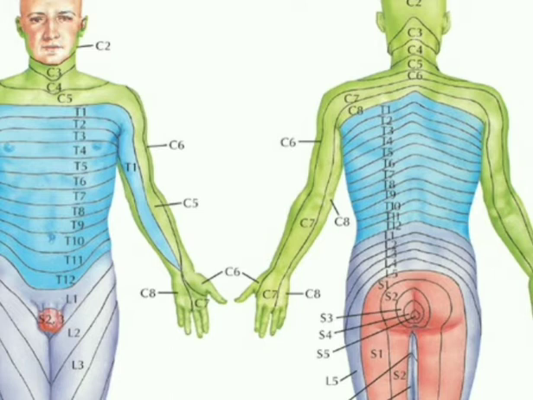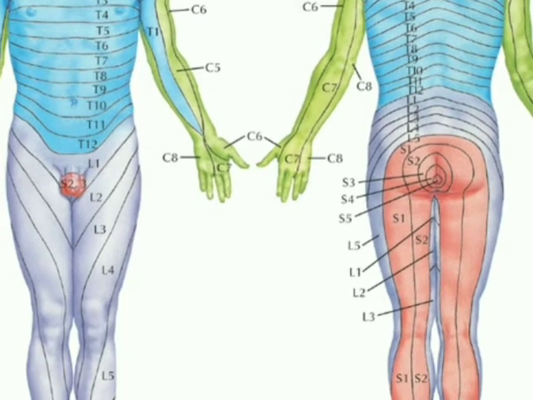T8, T9 is your upper abdomen and mid back. T10, T11 is the abdomen, that is your belly button. Remember, T10 is mainly for the abdomen, the belly button too, and mid back. T11 is meant for abdomen and mid back. T12 is the lower abdomen and mid back. When entering into the lumbar spinal nerves, L1, L2, L3, L4, L5 at the posterior, it means your lower back.